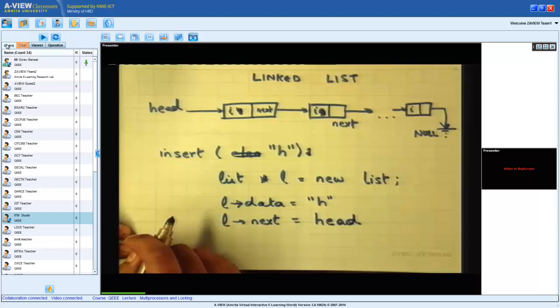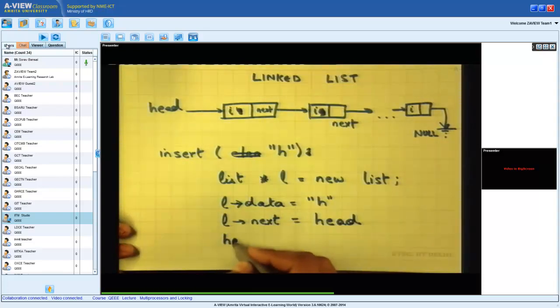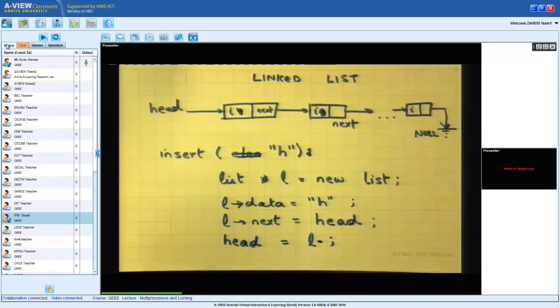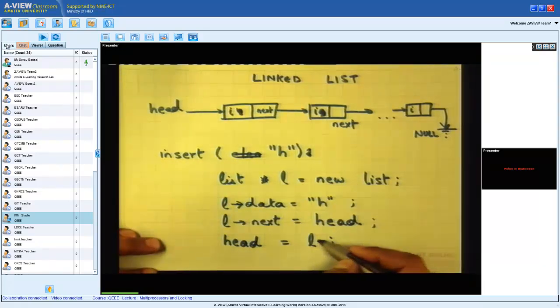What else do I need to do? I say head is equal to L.